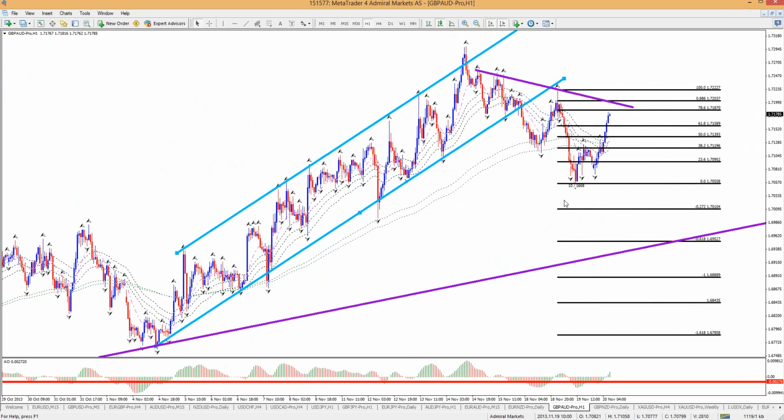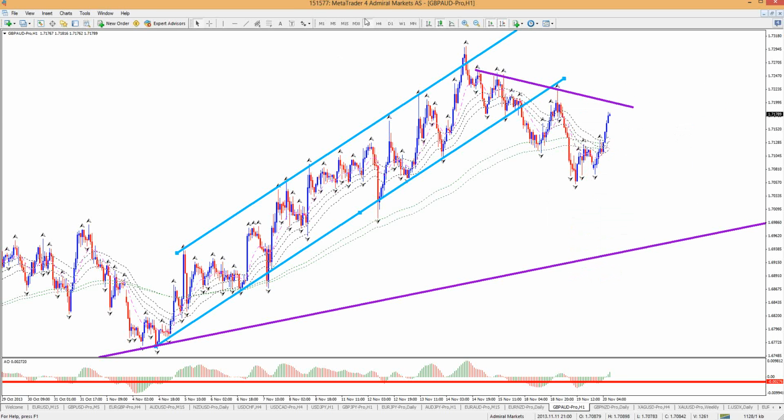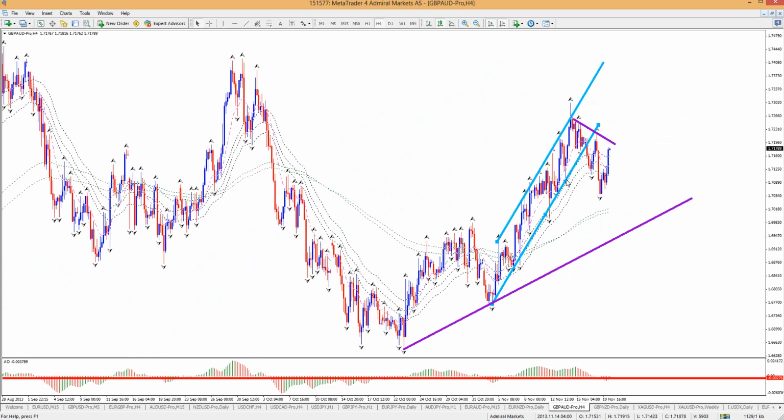Okay, let me move the fib. And you can see that we're pretty close to the 786, in fact. We just touched it. The 786 fib, 78.6% Fibonacci retracement, is, of course, a major level on any currency. So that could definitely be resistance. On the 4 hour chart, you can see the channel. And you can see that not only are we going up to the 786 fib of this last down move,